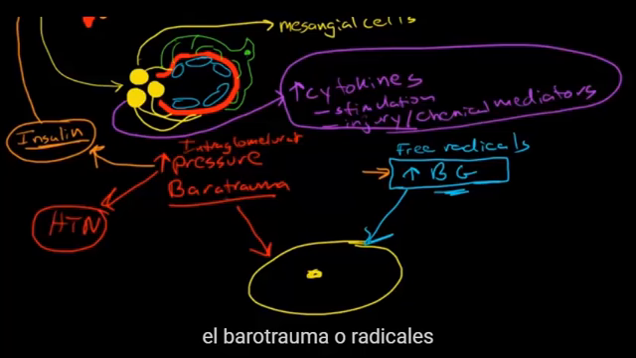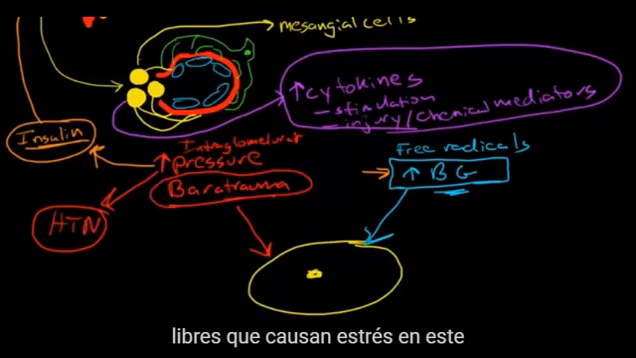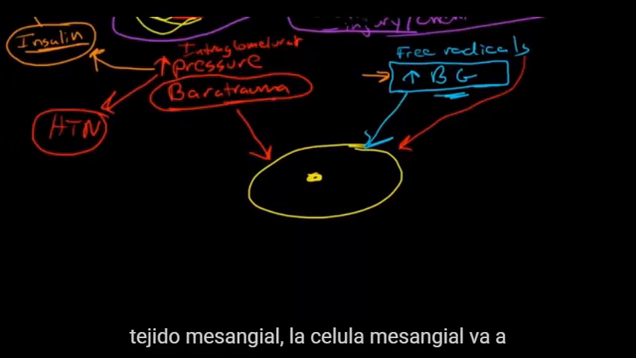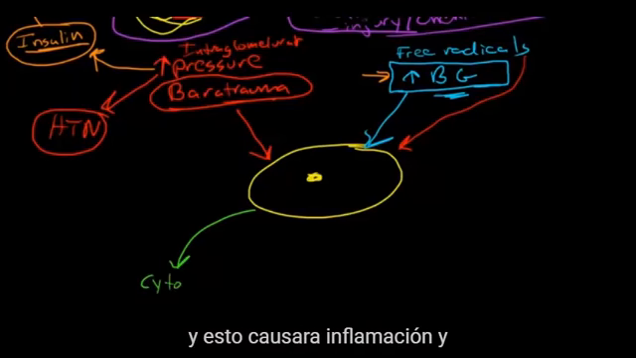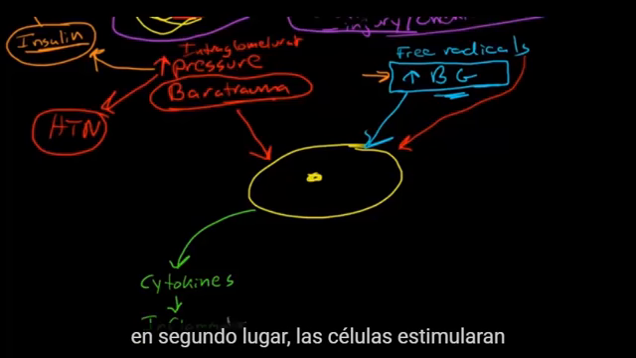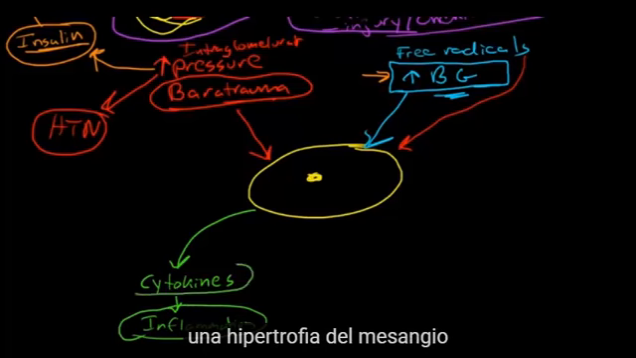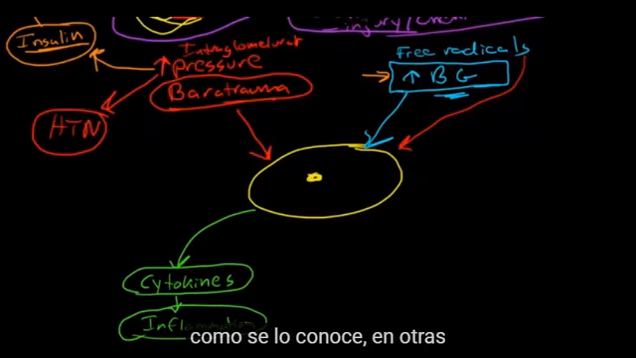So we have barotrauma or free radicals that are causing stress to this mesangial cell. The mesangial cell is going to react in a couple of ways. First of all, it's going to release cytokines, and that's going to cause inflammation. And second of all, the cells are going to stimulate a hypertrophy of the mesangium, otherwise known as, if you